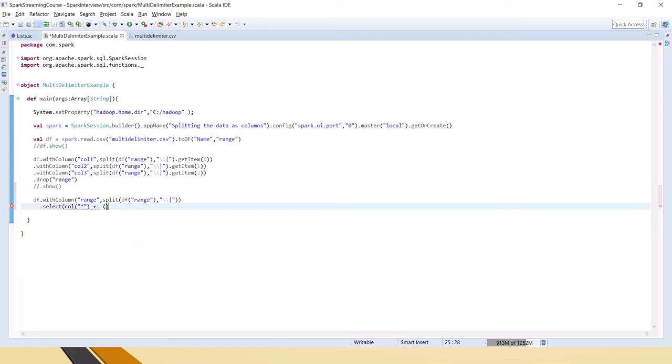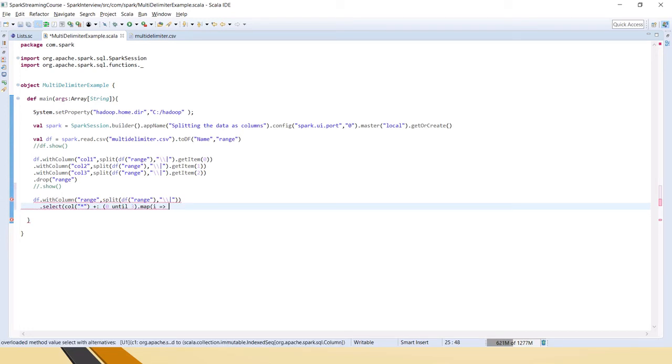So here we will say 0 until 3 because now we have 3 columns. If you have more, you can mention that count. If you cannot count it manually, you can get that using the count here, and you can add that count also here. After getting that 0 to 3, we will map it, and for each i, like how we do it in C++, Java, right? For each i.